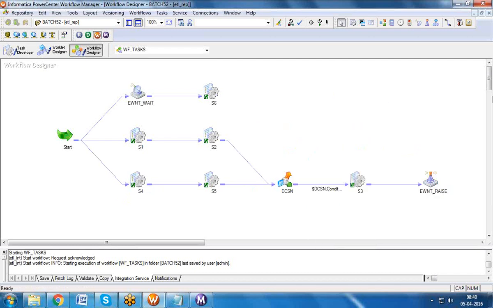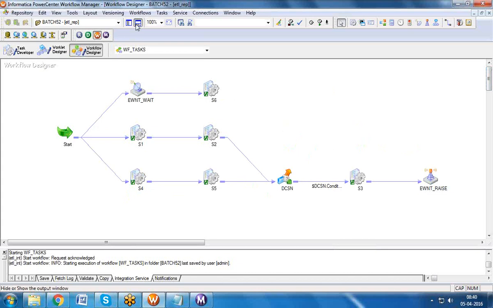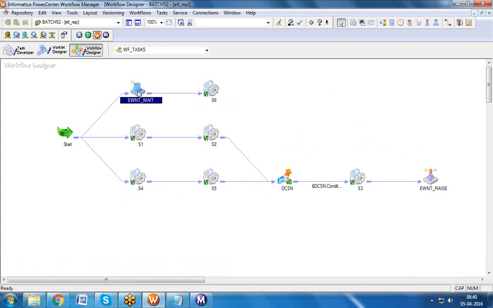Okay, looking at the diagram, what do you understand, guys? This session is not triggered, but it is waiting for something. You can see the antenna symbol. But what signal is it waiting for? What relation can you see between these two diagrams? Something like a transmitter and receiver, right? This particular task is triggering some alarm. That alarm is received by this particular antenna. But what will it trigger, what will this receive?